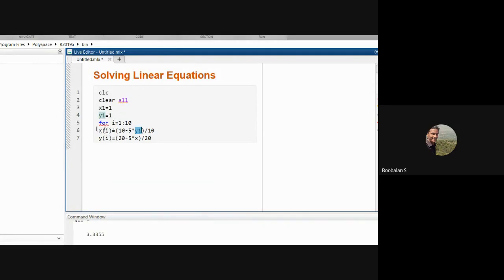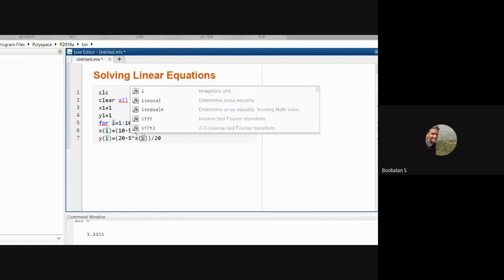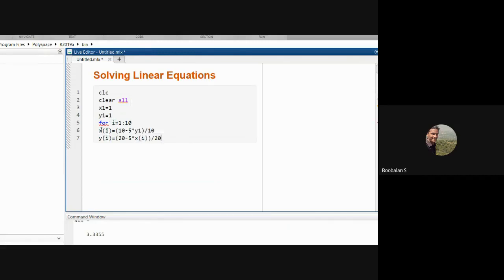For this x1 to take effect immediately in the next equation, we need to utilize it over here, right? That's the purpose: this x of I is going to be updated over here, and only then will you be able to calculate y of 1. After that it will be x of 1, y of 1 getting evaluated. Now I'm just going to use f x of y over here. Got the idea now? Follow how the values are going to be updated. This is the simple method that Gauss and Seidel, the mathematicians, framed.